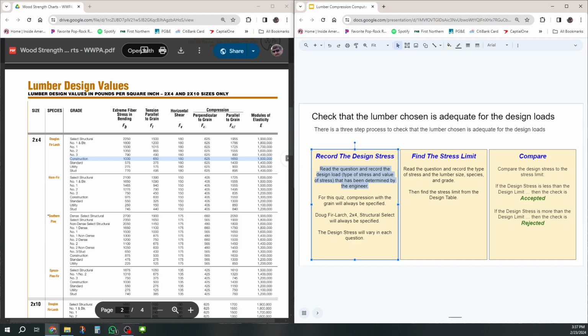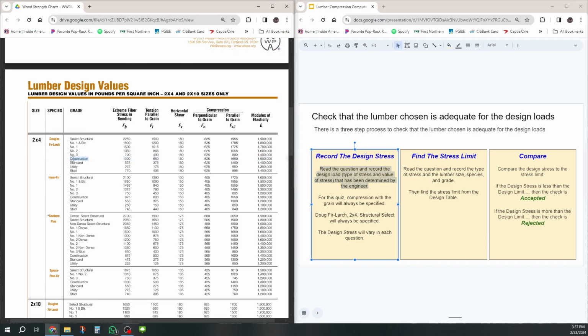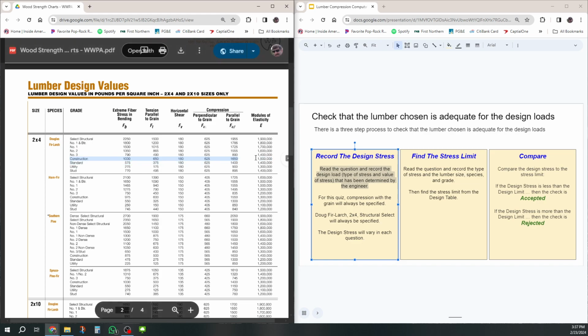And my engineer says he's planning to use 2x4 Doug fir of construction grade. So I'd have to go look and find parallel to the grain. And I want to make sure that the number I see in the book is bigger